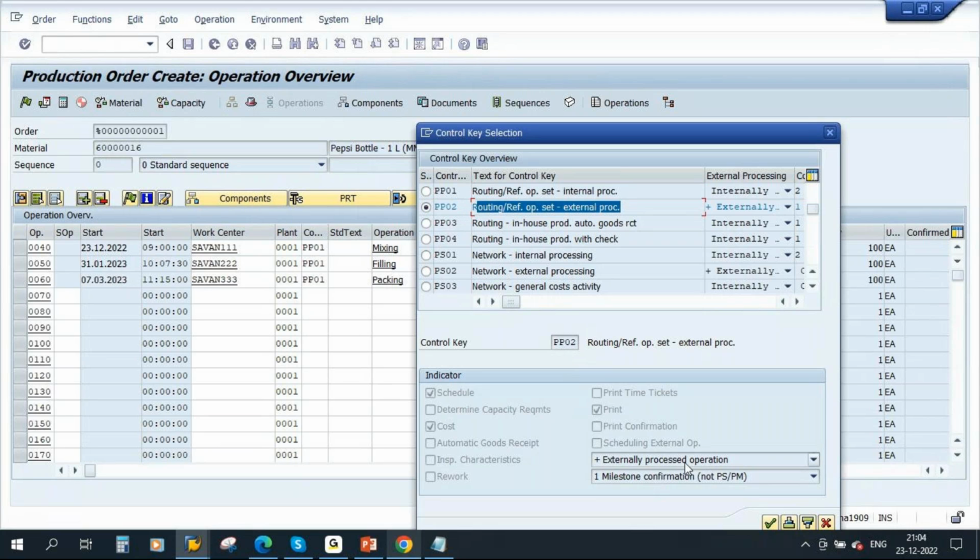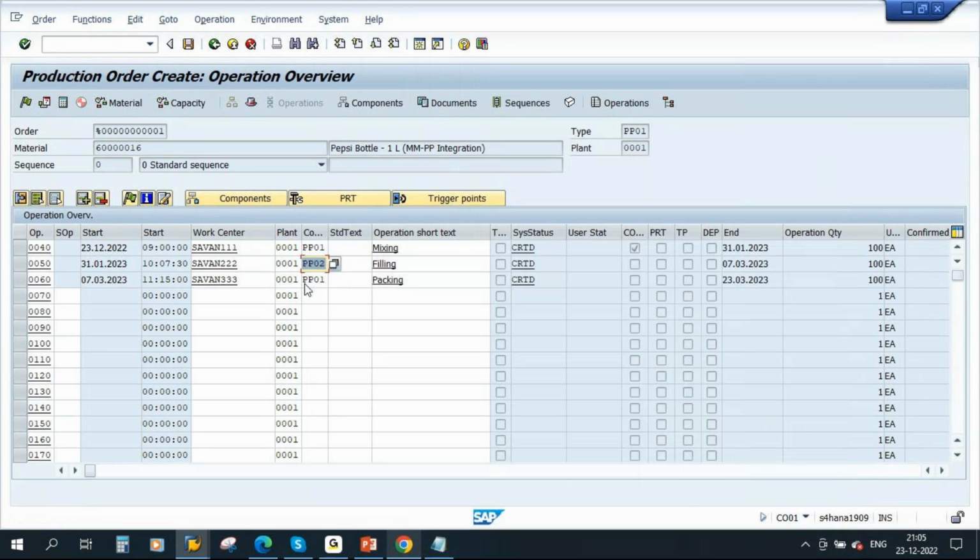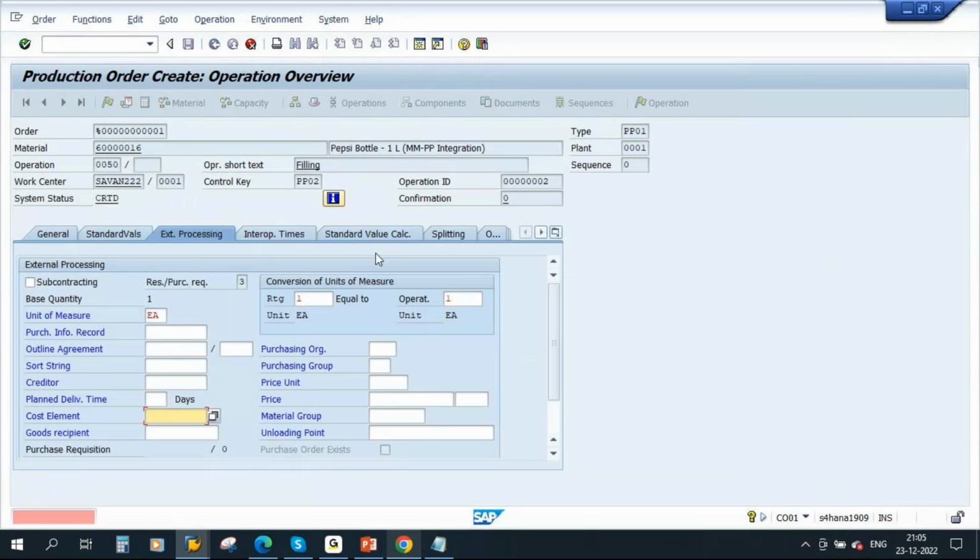You see here, externally processed. Suppose if I go to PP01, it is internally processed. PP01 means it is an internally processed operation. PP02 means it is externally processed. So if I assign PP02 to the second operation, the moment I enter, see, it will ask you to enter the purchasing data, external processing. See, purchasing data, here you see purchase info record, purchase org, purchasing group, plant delivery time, price, everything you can see it here. Okay, so what they do, the PP team, they will activate the subcontracting indicator and